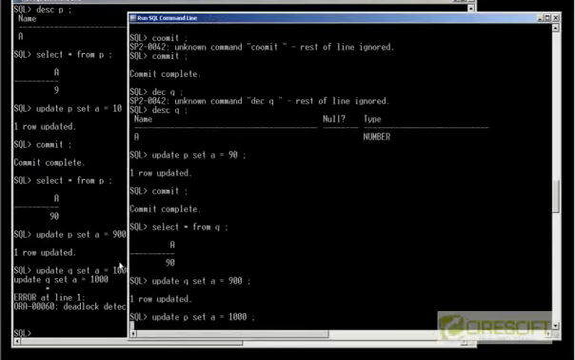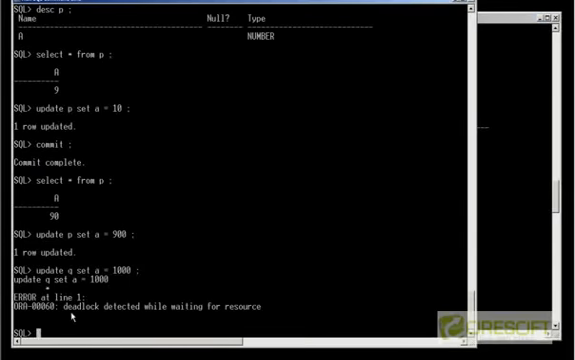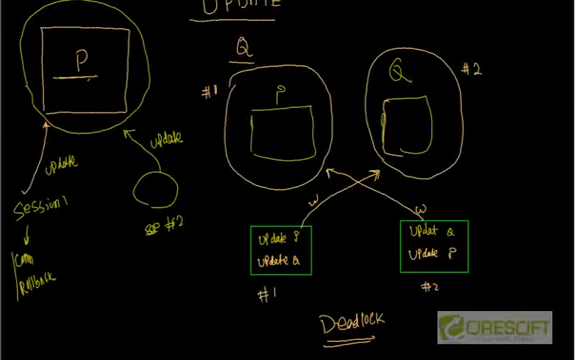See, what happens when I did this, Oracle detected a deadlock and then it rolled back this one. So it rolled back update Q, set A is equal to 1000. That has been rolled back. That means